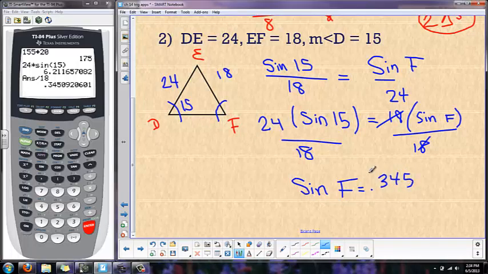So yet again, you see that this is a positive value. So sine is going to be positive in the first and the second quadrant. So I'm going to have 2 different answers. One here and one here. So F is equal to,